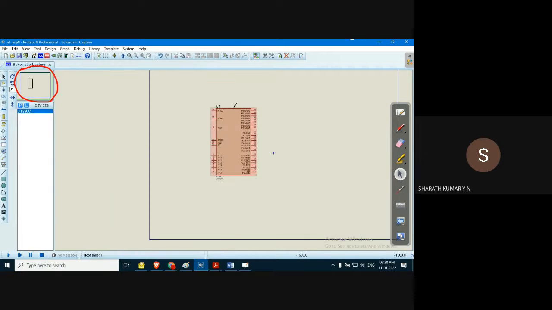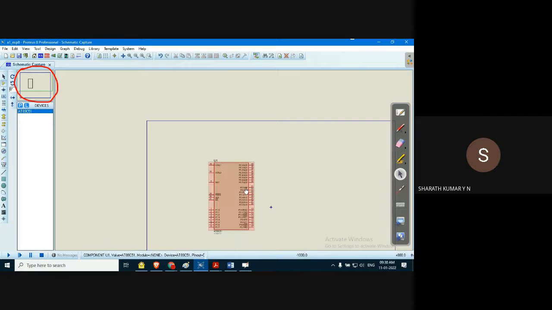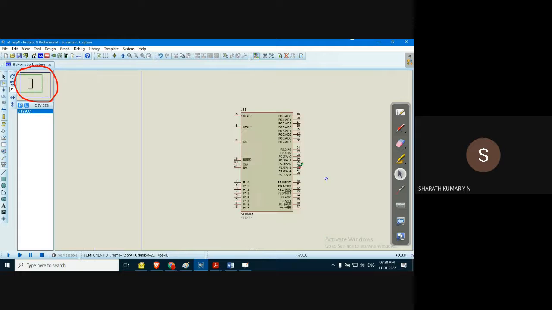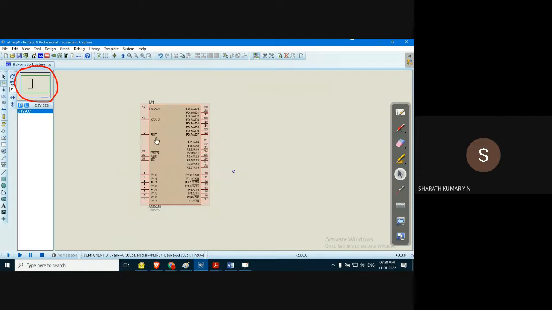Now, let us do a simple LCD. Since we have done that, let us not do that. Let us straight away go for an LCD experiment. No problem. What about the other components?